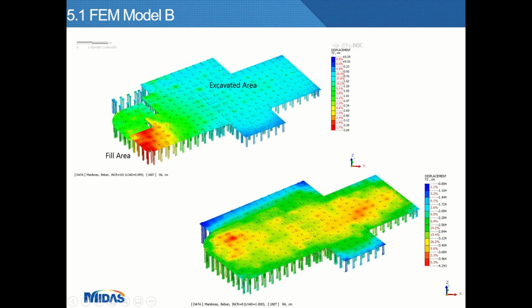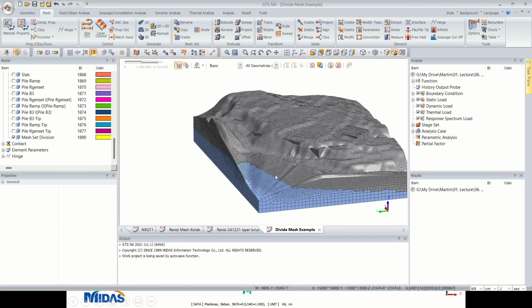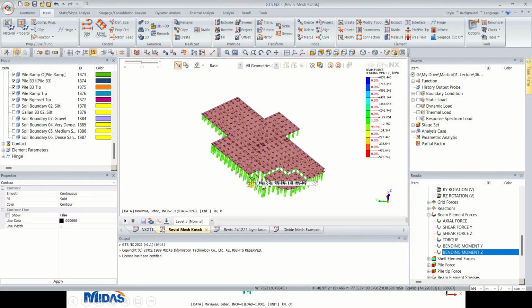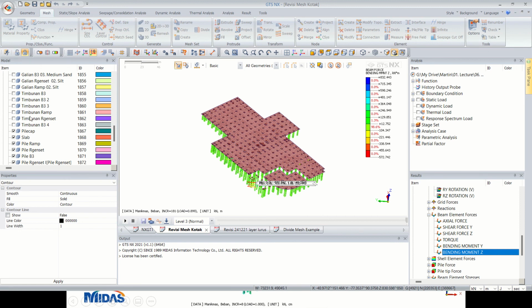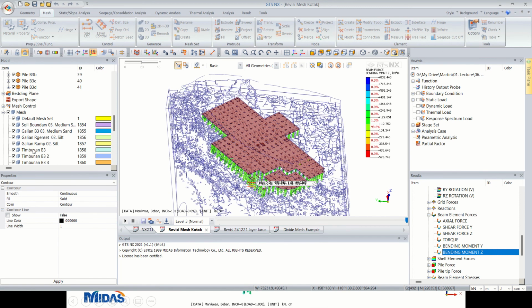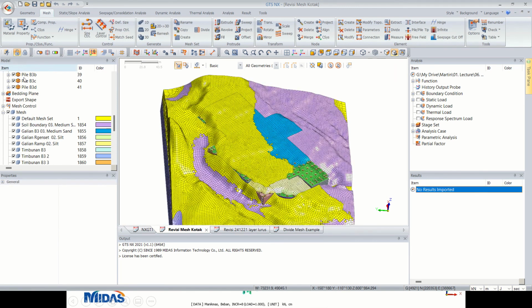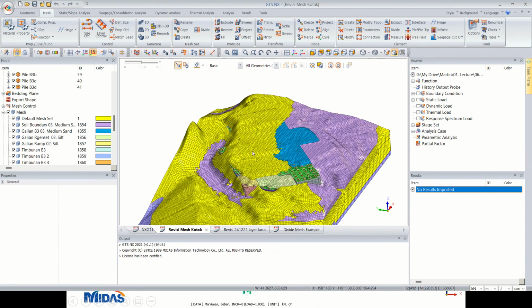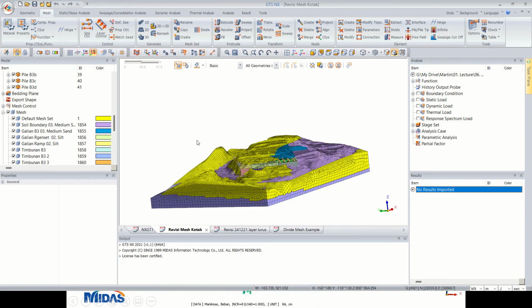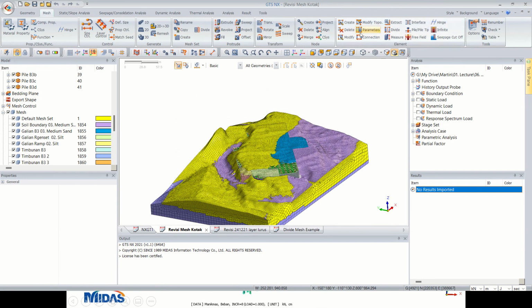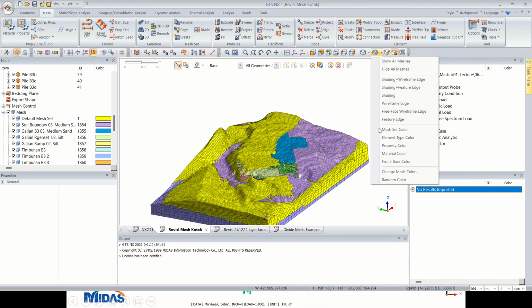Okay, so now I would like to show you the model. This is the full scale of the model. This color does not represent the material type, so let me change to material color over here.